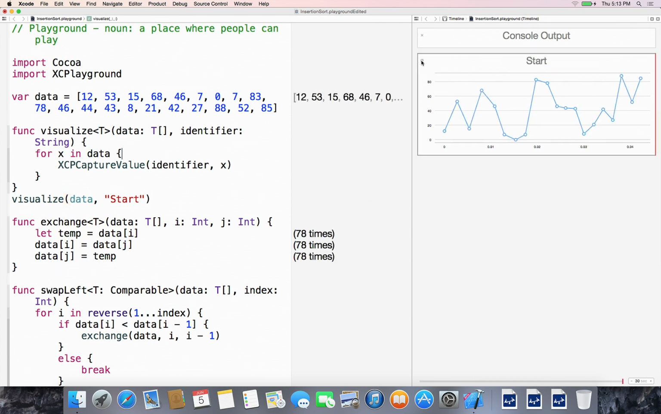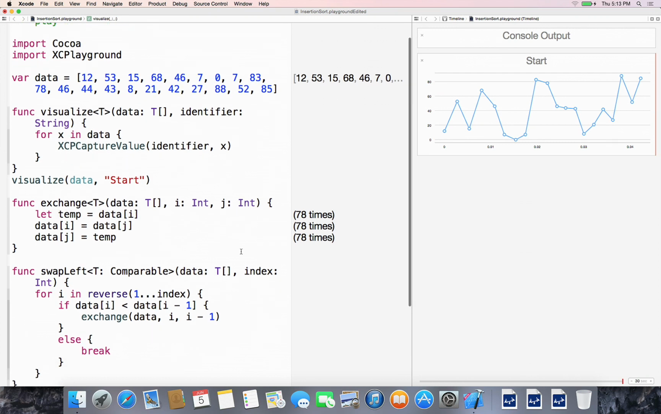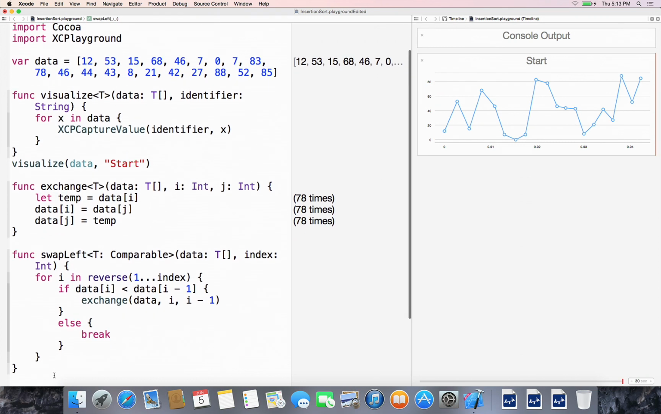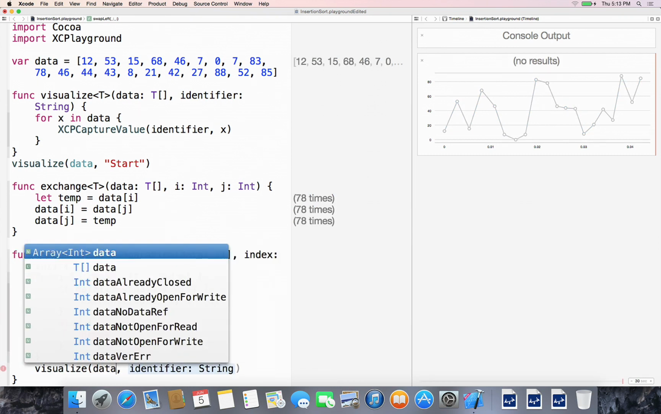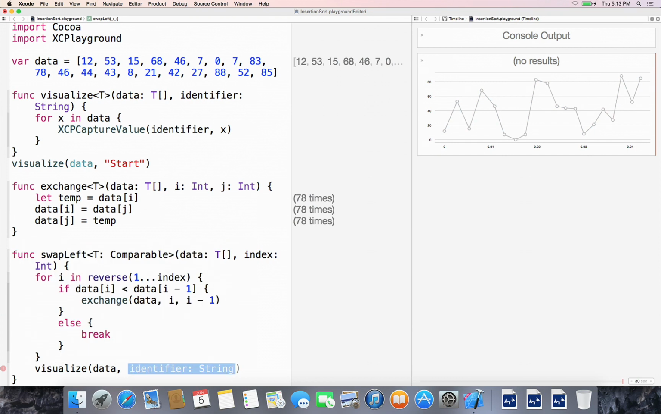And here you can see it ran, and here's our data at the start. So that's a good start. So now we're going to go ahead and visualize our data after every iteration of swap left. So I can call visualize. I'll pass data as it is after this iteration of swap left. And for our identifier, let's label it after the iteration, the number of times that swap left is called, which